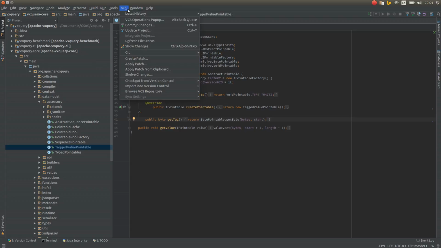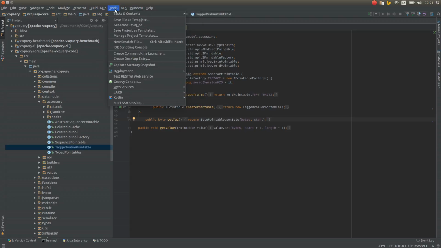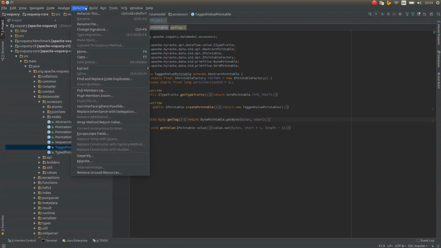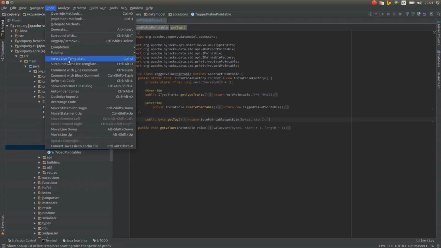I guess it must be in tools, or is it refactor? I guess refactor. I'm not sure. Okay. Code. Reformat code. Control Alt L is the shortcut, but Control Alt